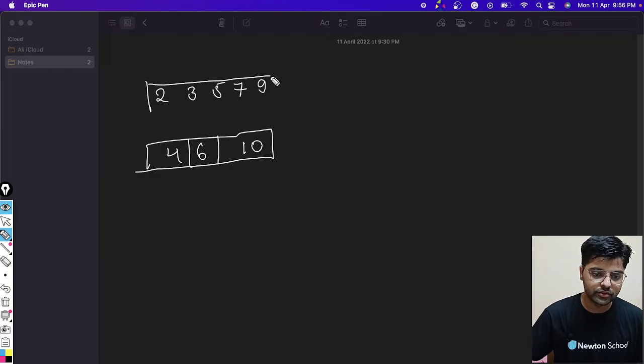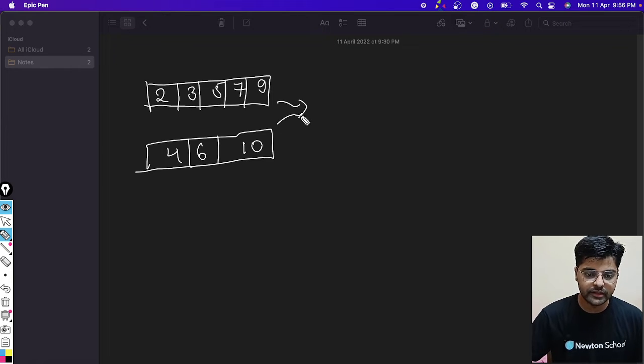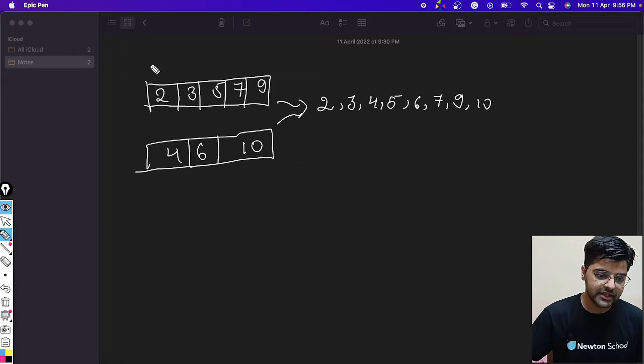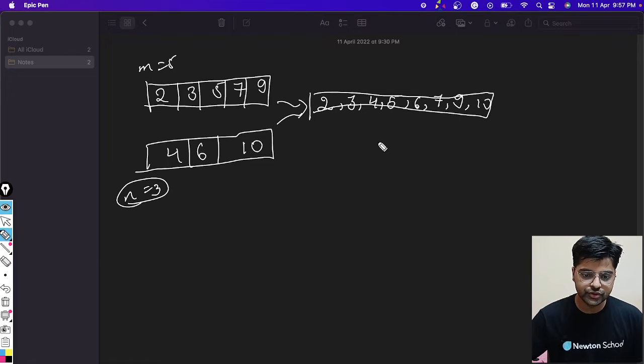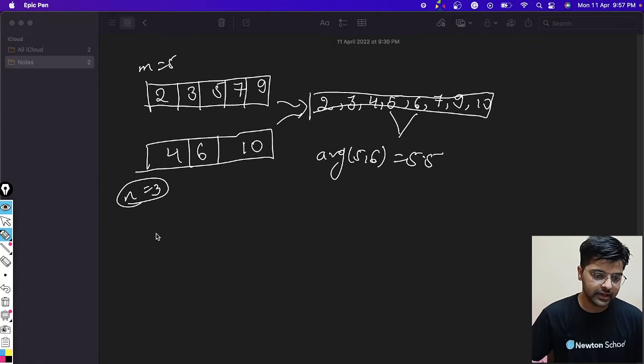If we merge these two arrays, we get 2, 3, 4, 5, 6, 7, 9 and 10. Here m is 5 and n equals 3 as per the problem. There will be a total of 8 elements, and the middlemost will be 5 and 6, so the average of 5 and 6 will become 5.5.